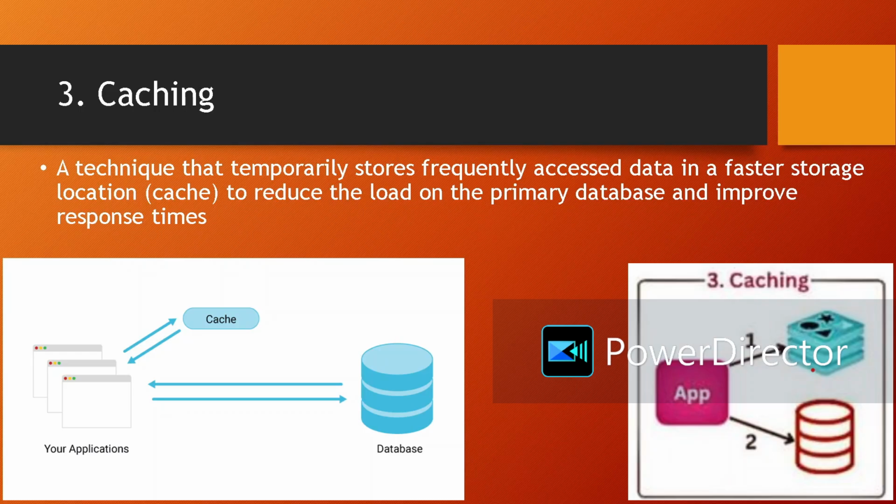Now, I know some of you are new to these methods, and others might have heard of them somewhere else. So caching is basically a technique that temporarily stores frequently accessed data in a faster storage location to reduce the load on the primary database and improve response times. I'll explain in simple terms. Suppose we take the example of YouTube. You open YouTube on your phone. YouTube has a database, and that database